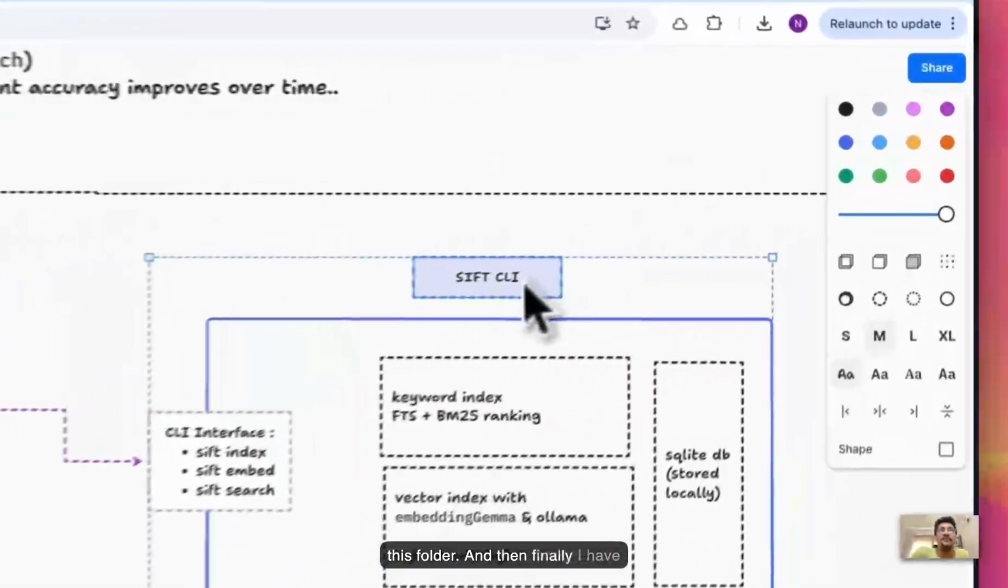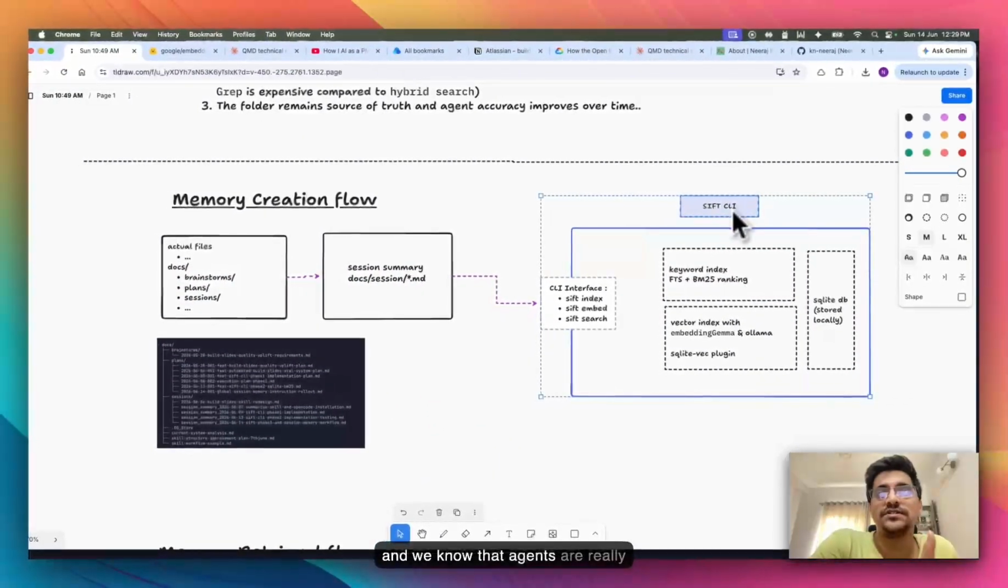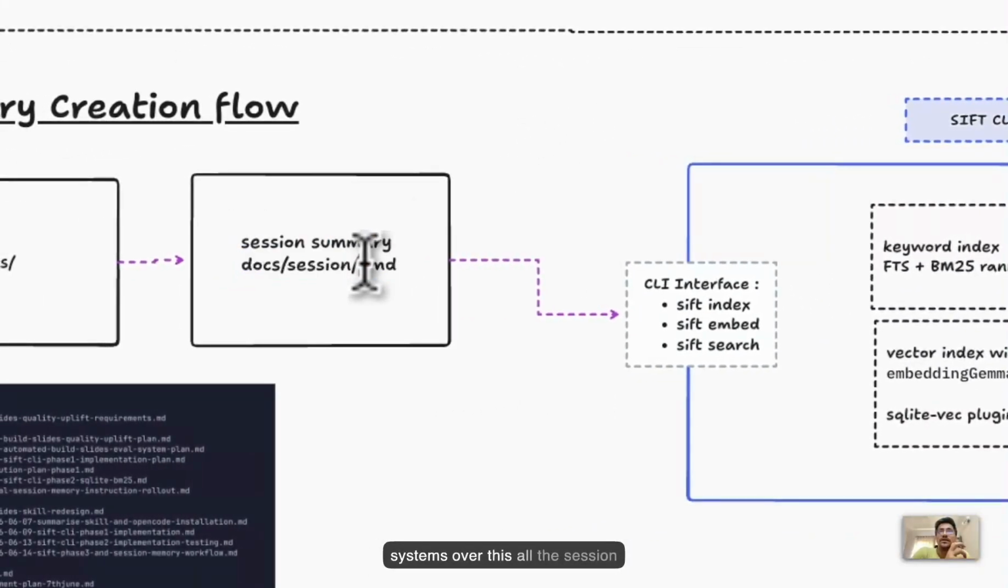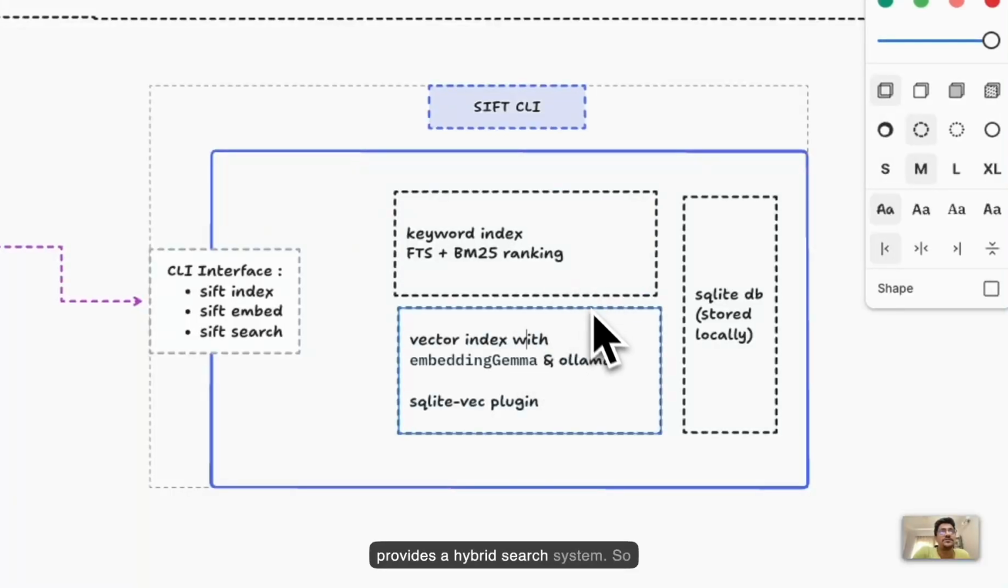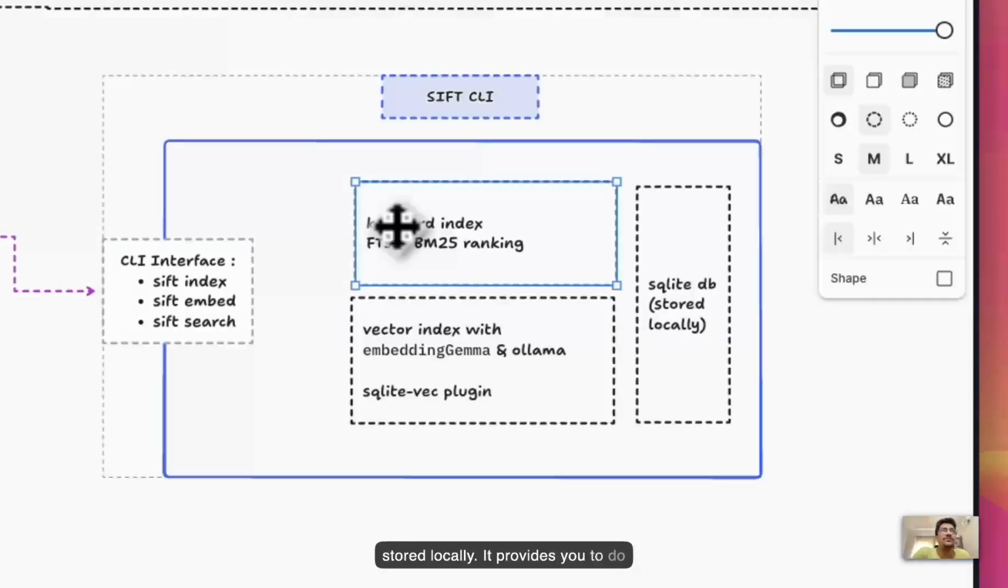And then finally, I have this Sift tool that I have created, a CLI, and we know that agents are really good at using CLI based tools. So I have this Sift CLI. This essentially creates a searching system over all the session memories. What it does is it provides a hybrid search system, backed by a SQLite DB that is stored locally. It provides you keyword search, which is full text search using